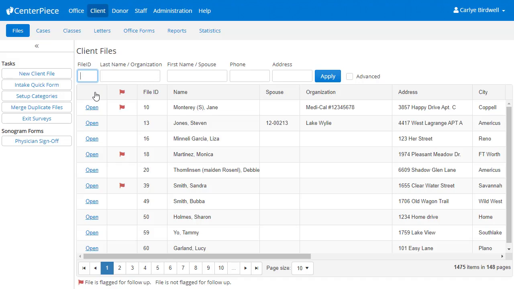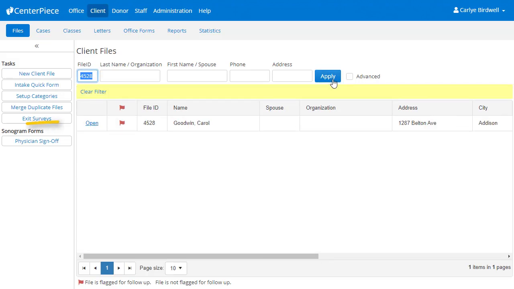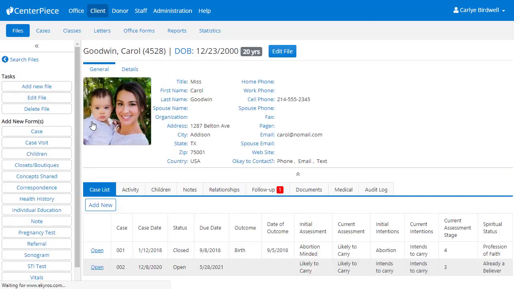Okay, so let's once again enter in our filter criteria for the client file that we want to take a look at. This time, however, since I know her file ID, I'm just going to enter that in right here. Then I'll click Apply. Notice that her file is displayed right here because this is the only file that matched the filter criteria. I'm going to go ahead and click to open Carol's file,